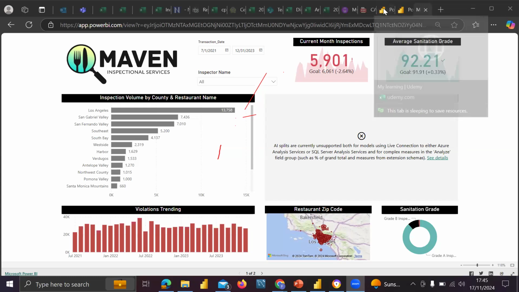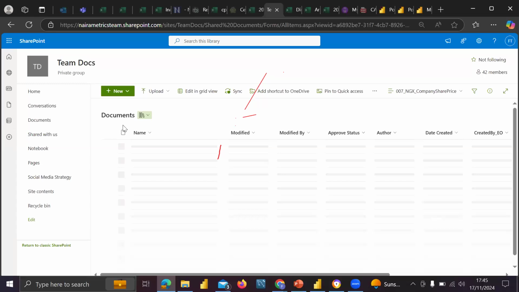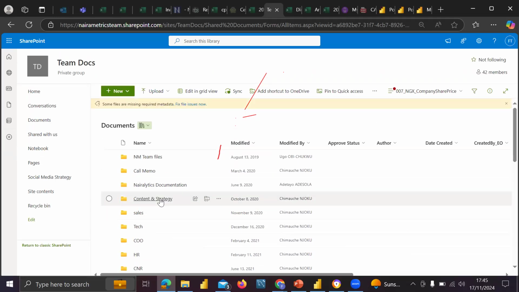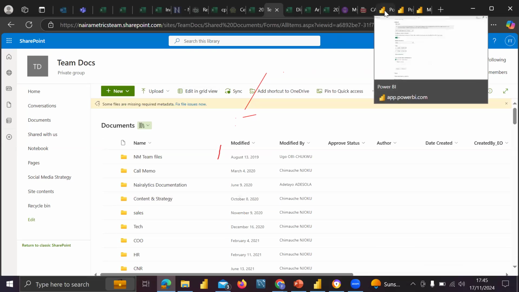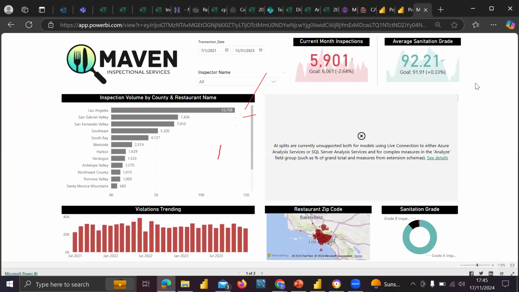Look at what I mean by SharePoint. Look at my SharePoint. You can see it is online. Without internet you cannot access this kind of data. So all this kind of data that you cannot access without internet are web-based data, so you can easily connect. Once you connect to this, you don't need to set up a data gateway in order to create a schedule refresh. You can easily create a schedule refresh at once since they are already online, they are web-based. Do you understand?